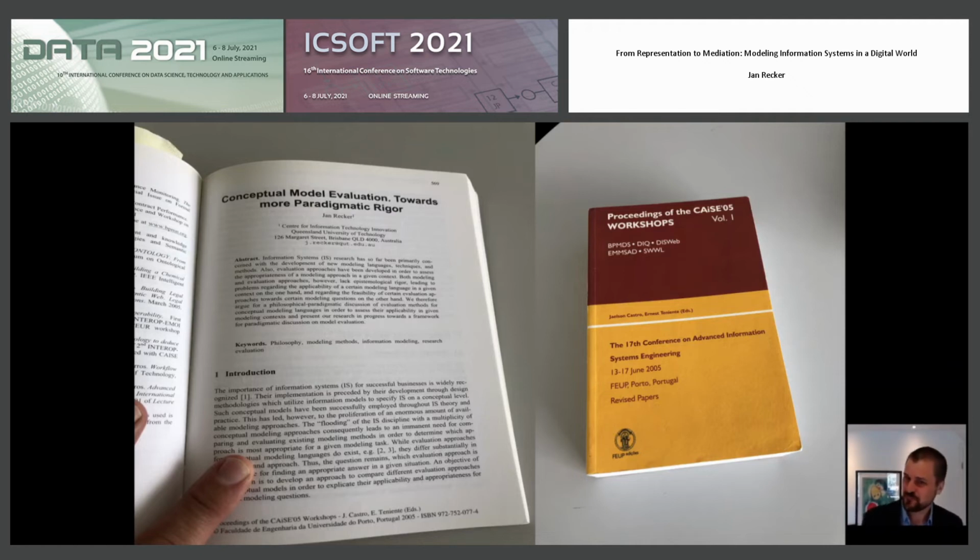Two things. Number one, research was different back then, wasn't it? We wrote papers that were actually papers, and they got published in books and proceedings and so forth. And the other thing I wanted to highlight here, at that time, around 15 years or 16 years by now, I looked into conceptual modeling.